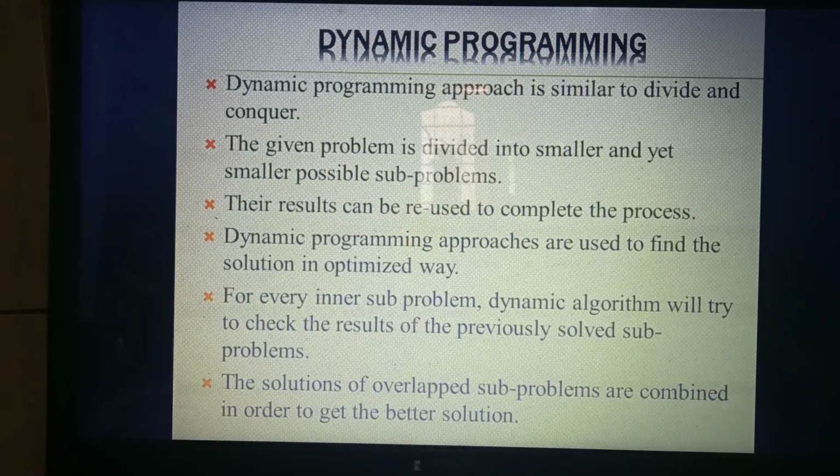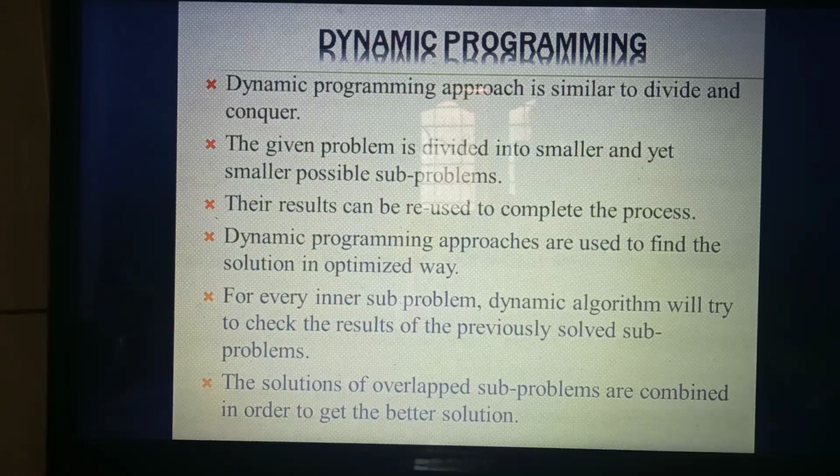For roll number 1, you add the first 6 subject marks and get one result. That is called what? One sub-problem. Then for roll number 2, you add the 6 subjects and get one result. That is another sub-problem. My question is, I need to get the average marks of your class, meaning the average of 47 students' marks. For that, you calculate each of the 47 students' totals individually, and only then can I calculate the whole class average. Those 47 individual calculations are what we call sub-problems. Understand now what is meant by sub-problem?